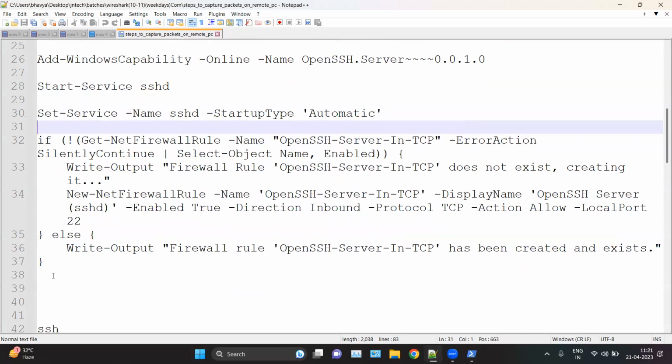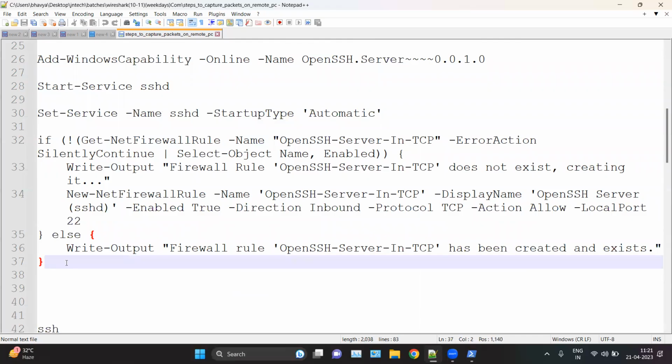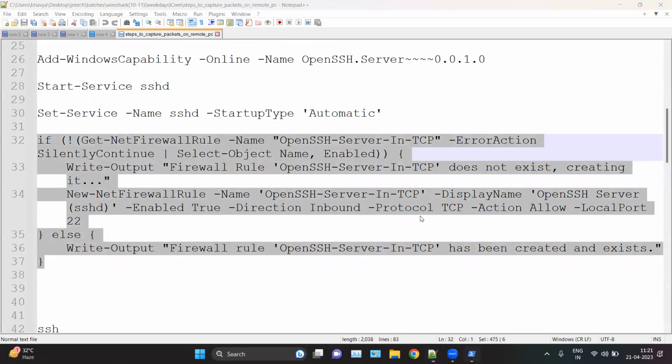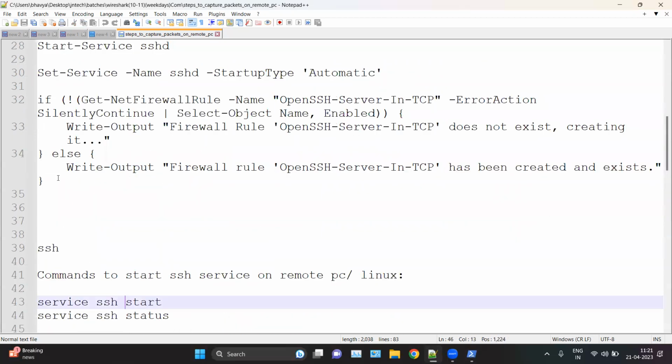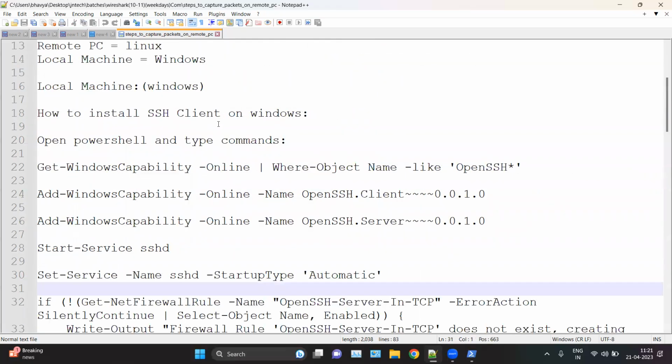Then here we are creating a firewall rule to create a connection to the remote machine. So you have to copy this whole command and paste it inside your PowerShell. Then these are the commands you have to apply on your PowerShell. Then the SSH client will be successfully installed in your Windows. After this,